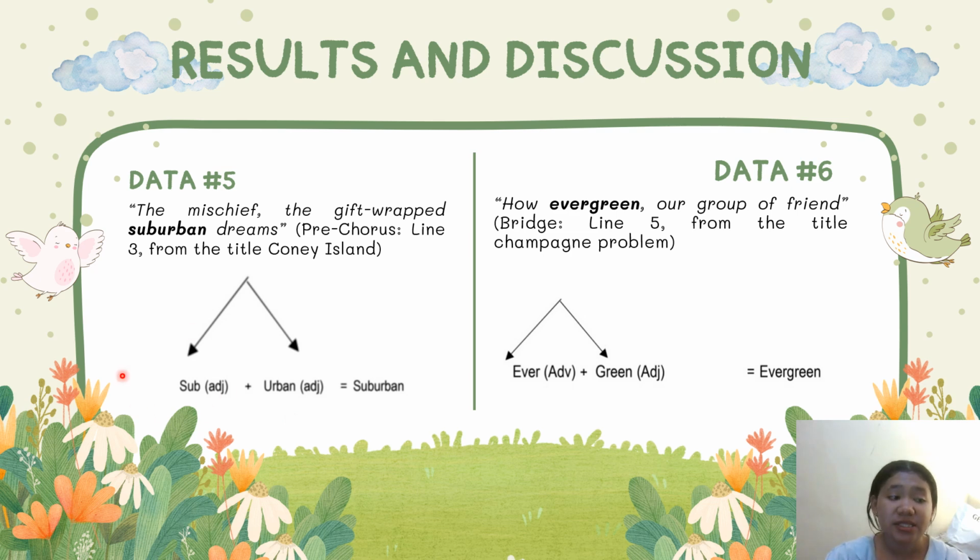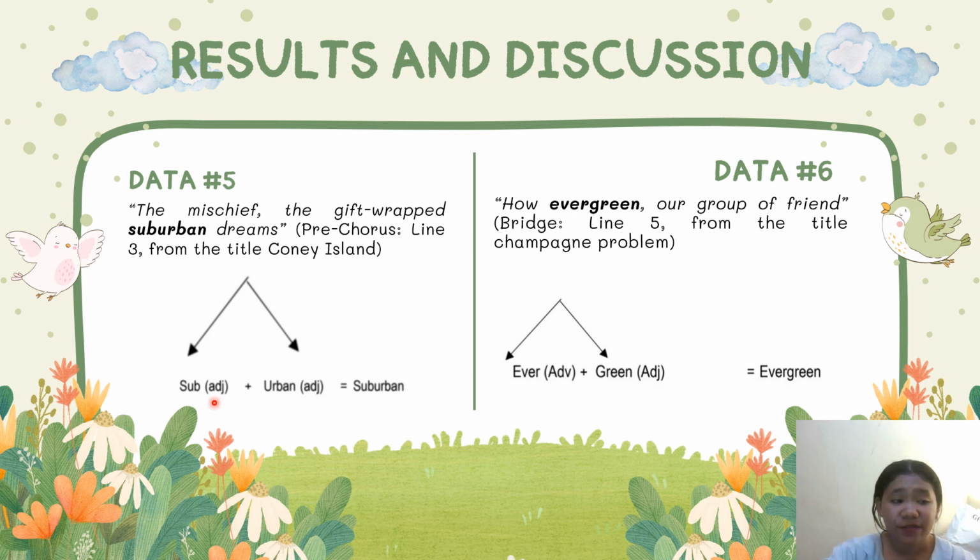The researchers say that this word sub is included in the adjective, but it is different from the research. It is just like what I explained before. I already said that data 5 is categorized as a compound adjective because the researchers explained that, based on Delahanty and Garvey's statement,